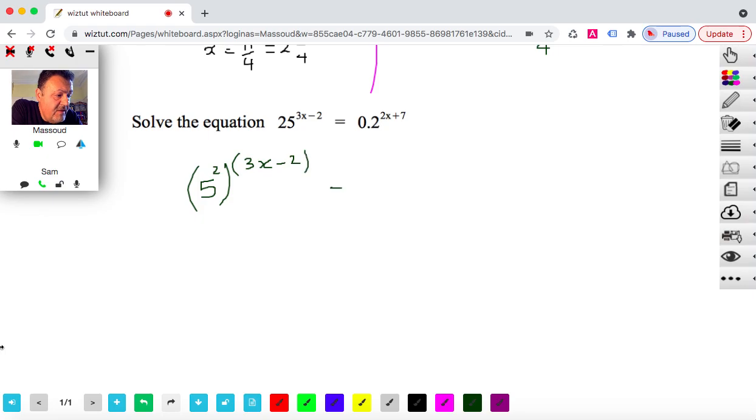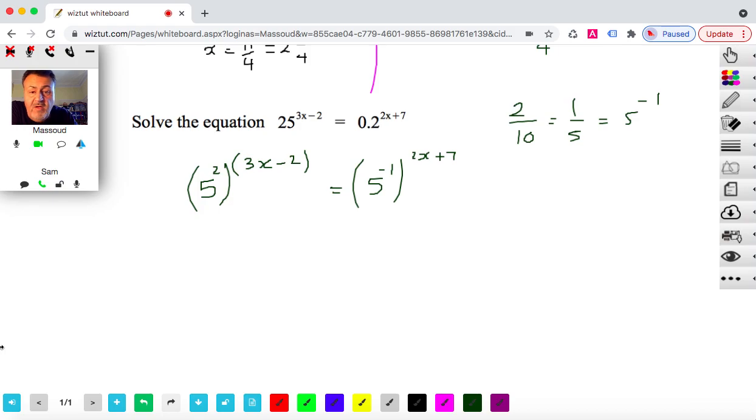And on the other side of the equation, 0.2 is 2/10, which is actually 1/5, which in fact is 5 to the power of minus 1. So 0.2 is in fact 5 to the power of minus 1, and that has been raised to the power of 2x plus 7. So as you can see, they both now are